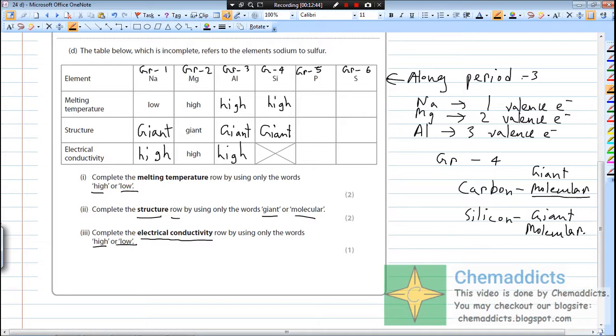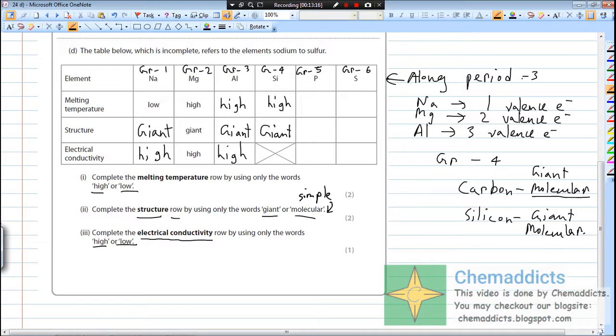Okay, here what they meant was giant means macro, giant means really big, and molecular means simple. Now I have understood why I made the mistake here. This molecular means simple molecular compounds, just like simple molecular substance. So simple molecular substances exist in non-metals only. Okay, non-metal elements or non-metal compounds, any one of them.